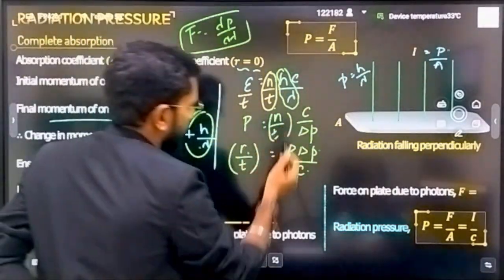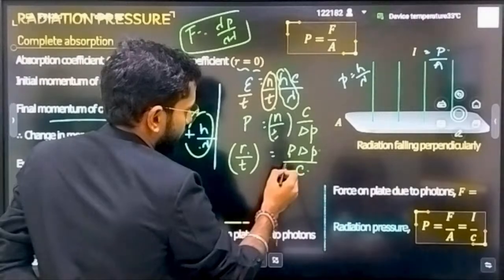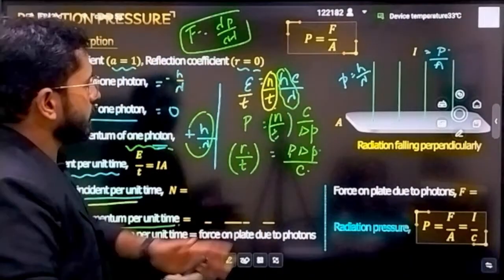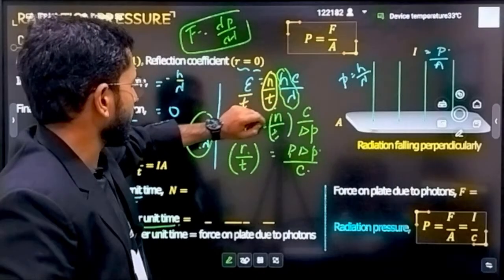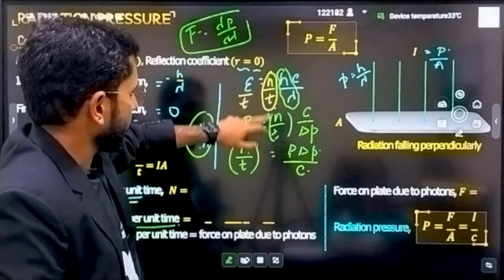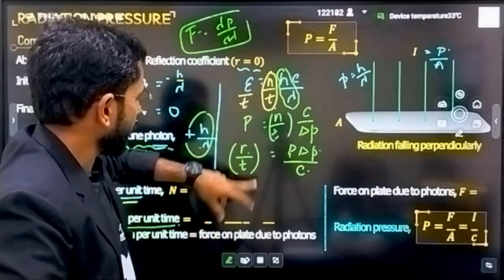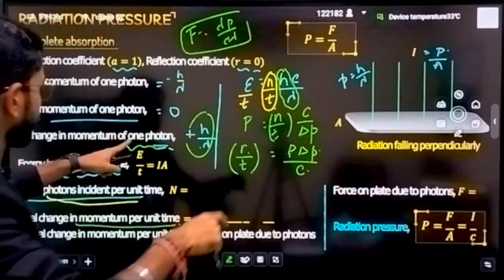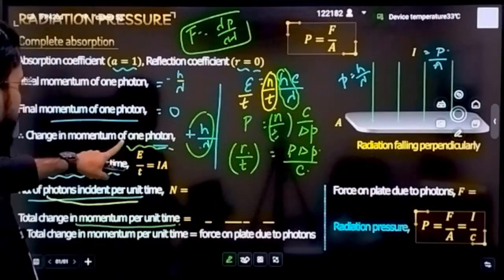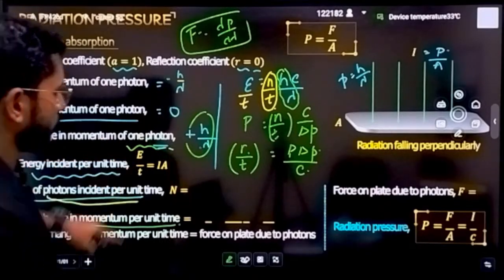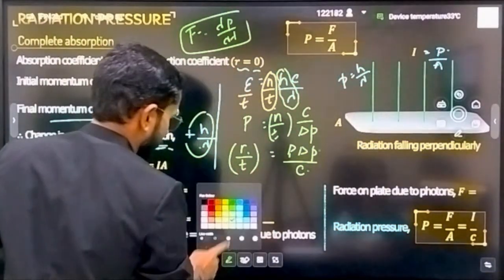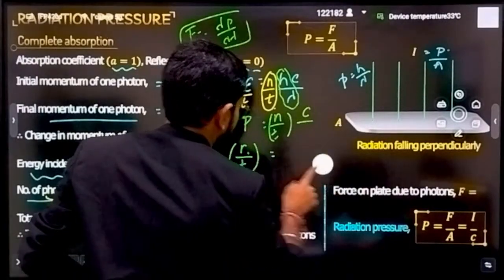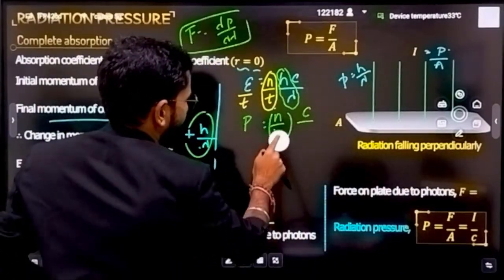कुछ तो गलत किया है यार. यहाँ पे जब लिखोगे तो क्या आएगा? प्रॉपरली अगर लिखो तो ये हो जाएगा एनर्जी इज इक्वल्स टू n टाइम्स ऑफ hc by lambda डिवाइडेड बाय टाइम. हियर दिस इज द टर्म दैट यू आर डिफाइनिंग. इसको डायरेक्टली लिख लो n, और यहाँ h by lambda इज व्हाट योर चेंज इन मोमेंटम. तो ये डाउन डिनोमिनेटर में नहीं है, ये न्यूमरेटर में जाएगा. यहाँ पे गलती की है,